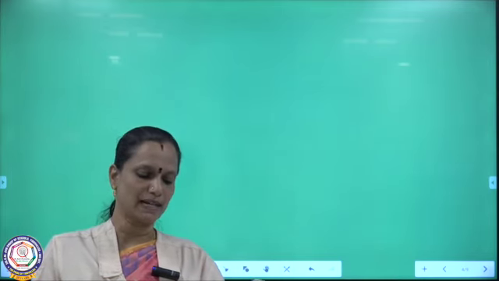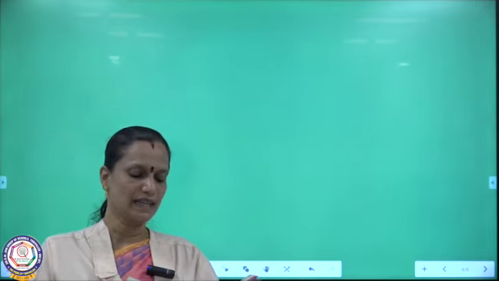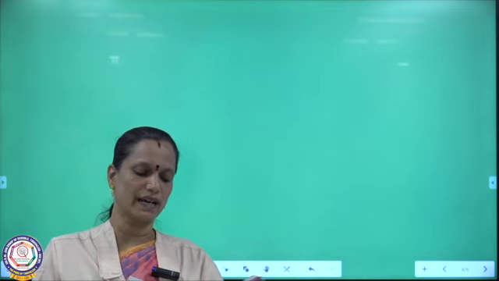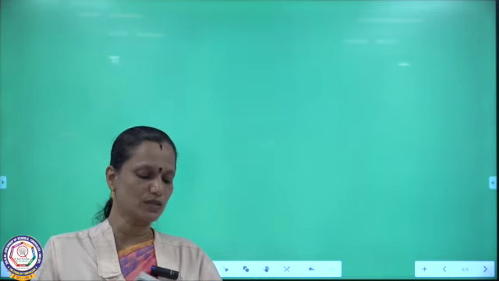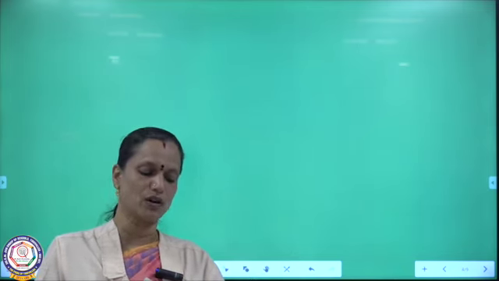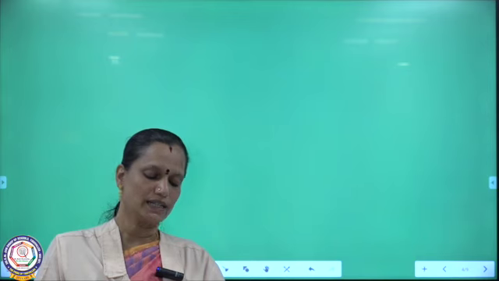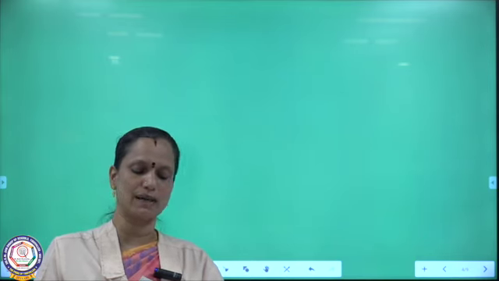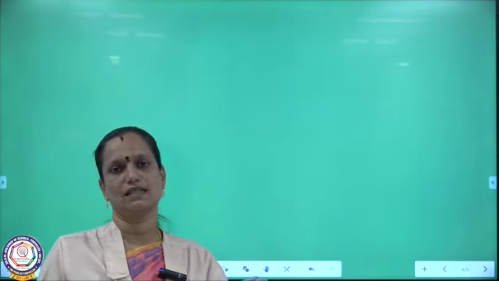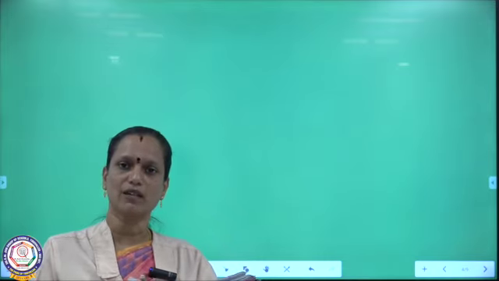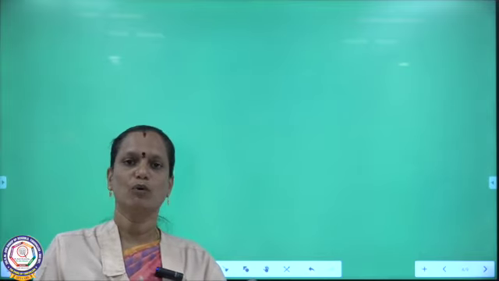Antony and Akbar were partners who share profits and loss in the ratio of 3:2. Balance in their capital account on 1st January 2018 was Antony 60,000, Akbar 40,000. On 1st April 2018, Antony introduced additional capital of 10,000. Akbar introduced additional capital of 5,000 during the year. Calculate interest on capital at 6% per annum for the year ending 31st December 2018. In this sum they did not ask journal entries. We have to calculate interest on capital and additional capital also, both we have to do.